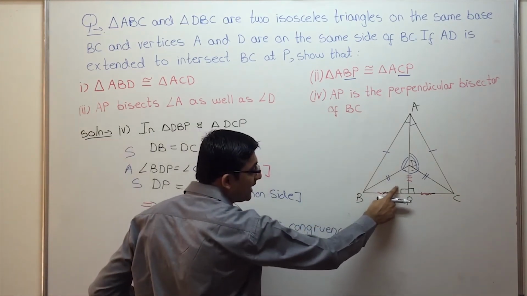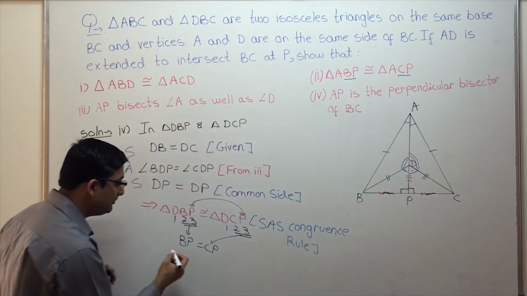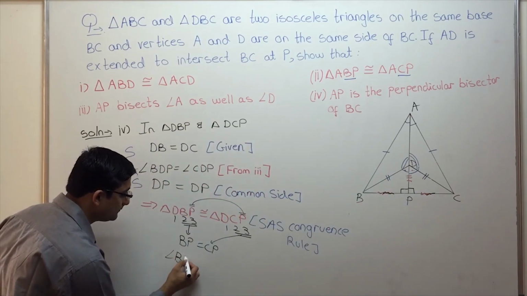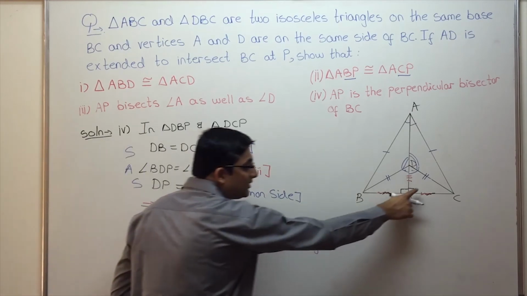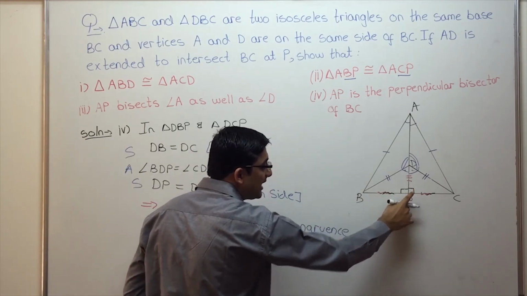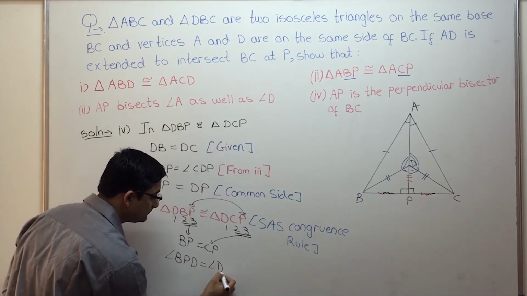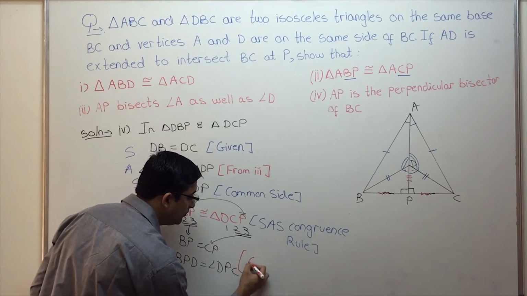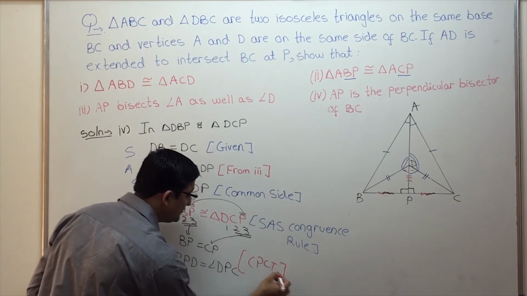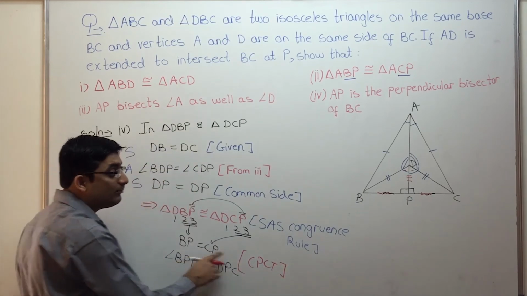So angle P of triangle DBP, this over here, that is angle BPD, is equal to angle P of this triangle, angle DPC. Right? So we got these two things to be equal. How? CPCT. Now we have just shown that BP is equal to CP, but we still have to show these